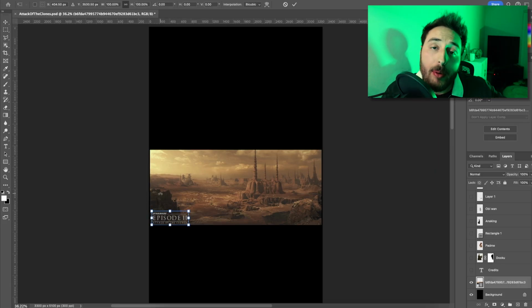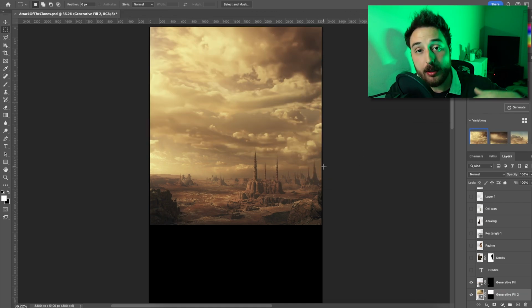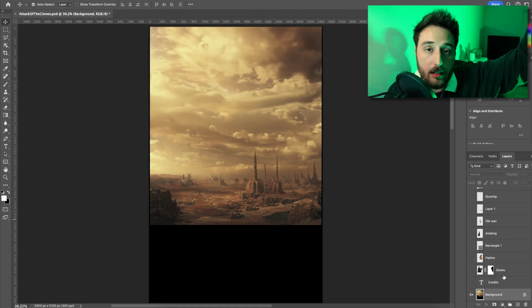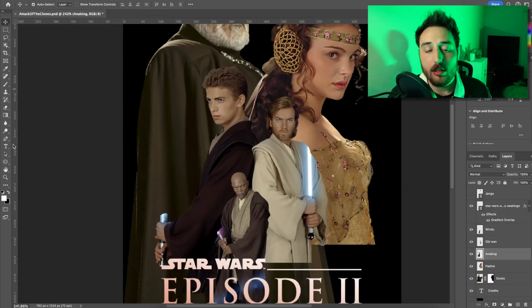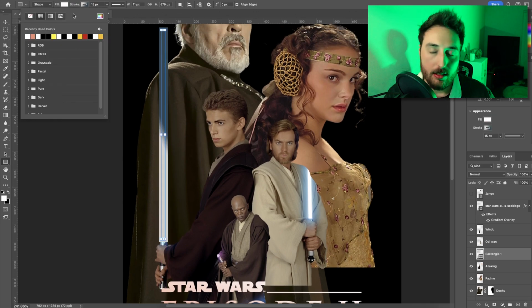I found this nice wallpaper for one of the maps in Battlefront 2, and then I just used generative fill to extend that sky all the way up. Next, we need to build at least the shape of our lightsabers, because those influence the composition and where people will go and what's in people's eye lines and whatever.